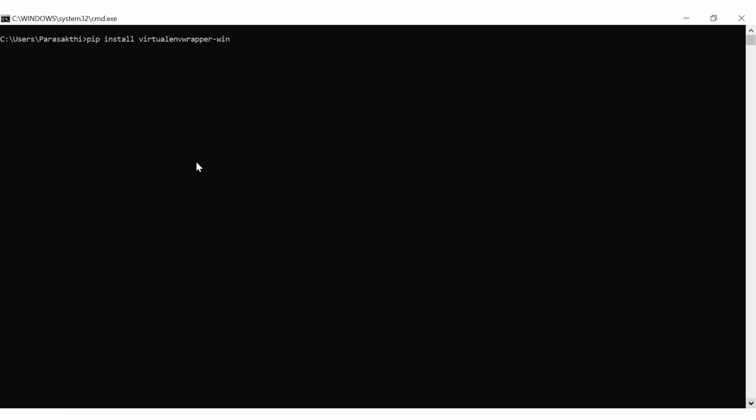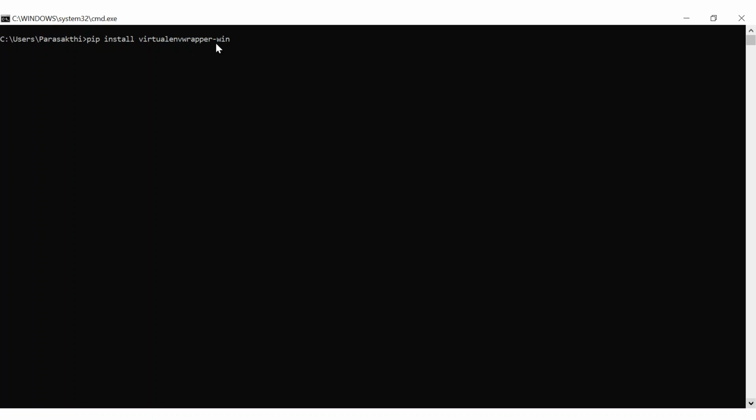So I'm going to use that to create a Python virtual environment. For your own isolated environment, you need a package called virtualenvwrapper. This package is used to create a Python virtual environment. So: pip install virtualenvwrapper-win.